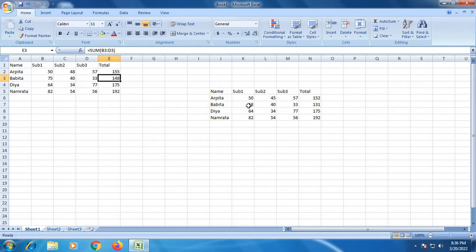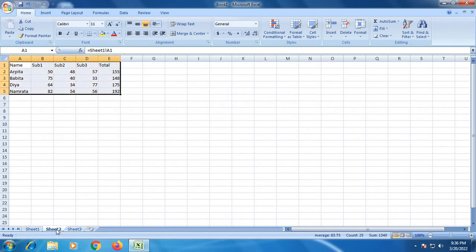But in paste there is no change. Not in subject 1 or in total, no change, but in sheet 2 we can see that it also changed. This is the difference between paste and paste link,